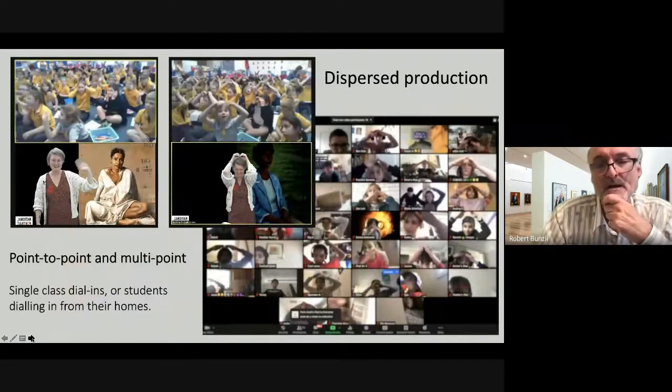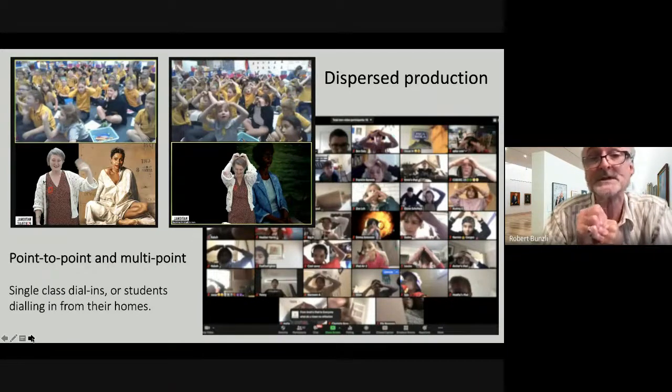Before our lockdown, we've had a number of lockdowns here in Canberra and across Australia. Before our lockdown, we were mainly dealing with classes dialing in. You can see the classes in the top left-hand corner there, entire classes dialing in where you can present to 30 or 60 students all in one go, and they can have a group experience. During our lockdown experience, we were having schools dial in with anywhere from 60 to 150 students in one session.